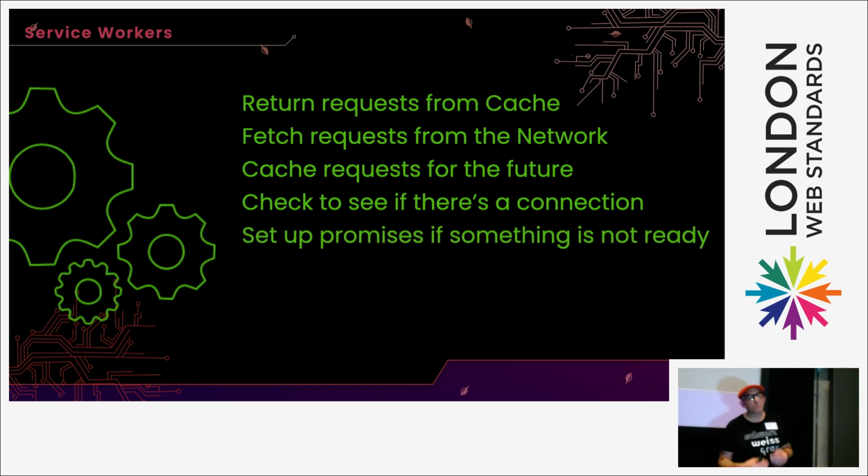We can set up some promises if something is not ready. So, I promise you that the room will be ready on time. If it is not, we can hang around outside and have a little chat. And things like that. So, lots of things that we can get the service worker to do. So all the service worker is, is a file that says, before you go to the network, have a look at these things and see if there's something we can do here. And that could be just give them a picture of themselves going, or whatever.